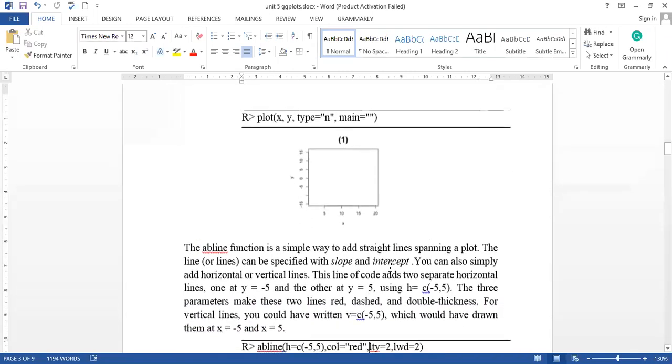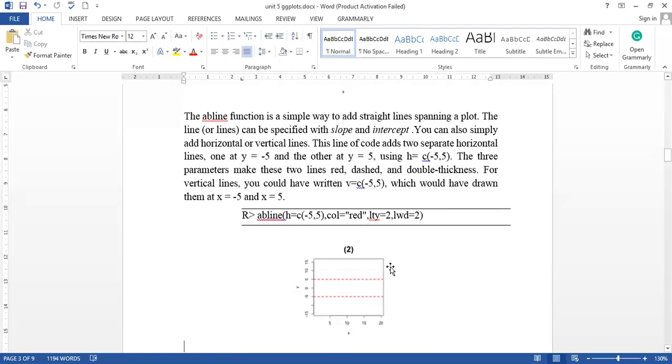So suppose we want to take the segments of it. To take the segment, we have to give the boundaries for the y-axis, like y values which lie between minus 5 to 5. If you want to find this region, then we have to draw horizontal lines. Okay. So horizontal lines will be drawn parallel to the x-axis. For that purpose, we have to define this range.